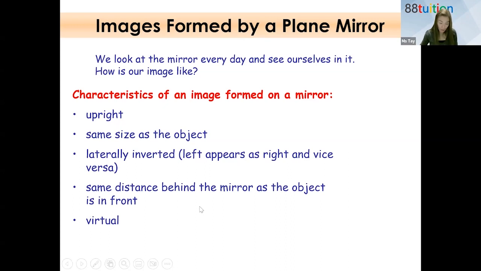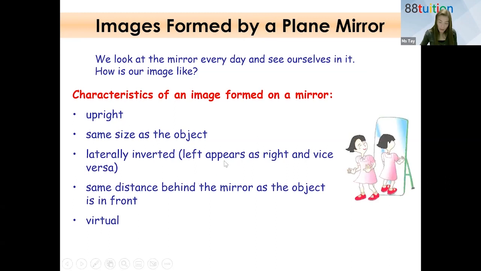The image formed is virtual. Characteristics of the image formed in the mirror are always tested, so you need to know this. Sometimes they ask you to list down a few, maybe just 3. Sometimes they give you a few, then ask you to fill in the missing ones. So it's best for you to